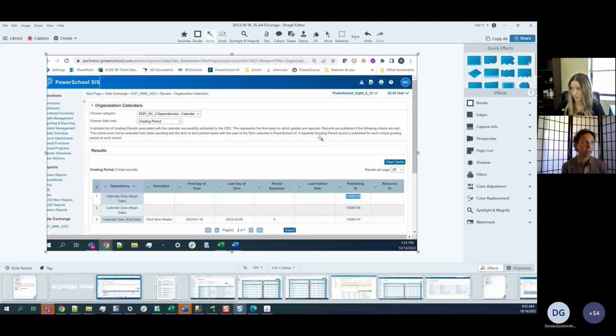I think there's some stuff going on in attendance still that's not causing them to publish, and then the programs need to add that one. We have one other question here in the sheet too. It says we have a lot of errors showing under student grades and they're from previous years. So error code 400, the request is invalid, model state, request dot grading period reference dot period sequence, unexpected character encountered when parsing value.